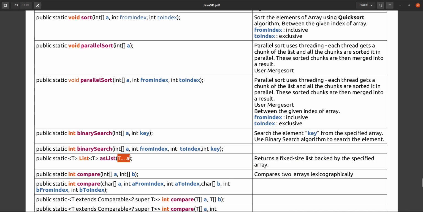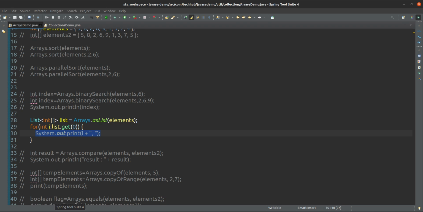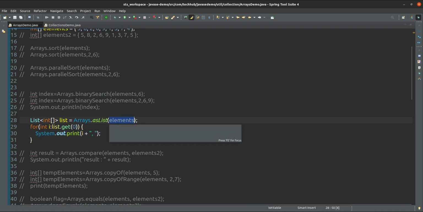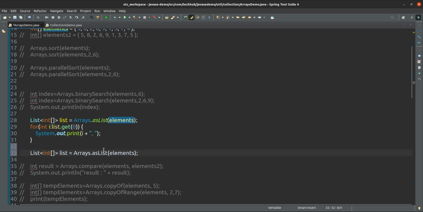Here we give n number of elements, and it will return the list of those elements. Suppose I give asList 5, 6, 9, 2, 1, 0, and in this way it will come as an